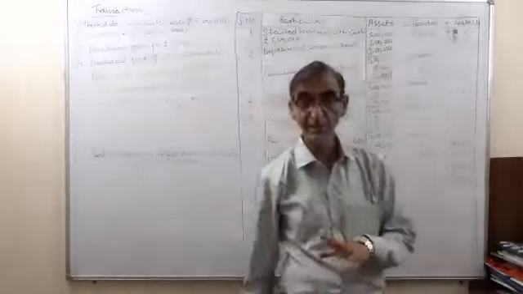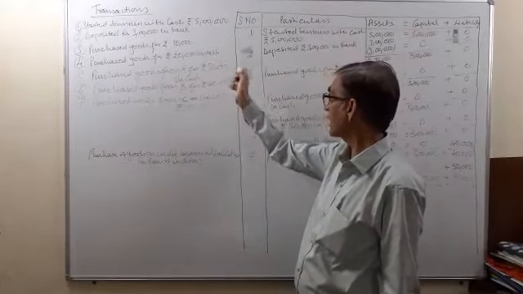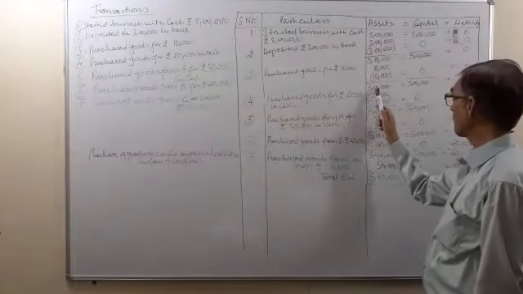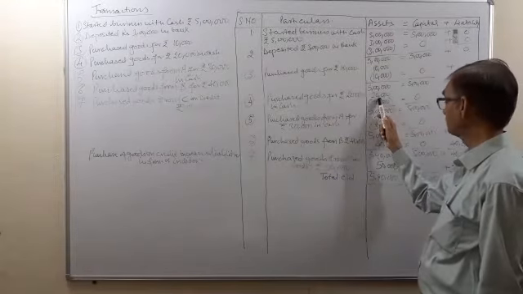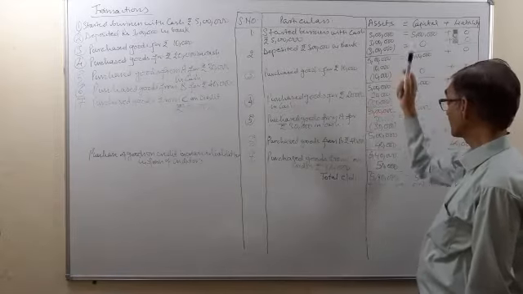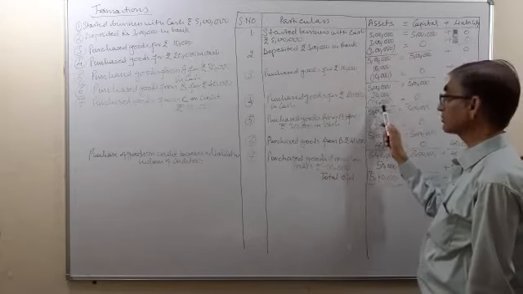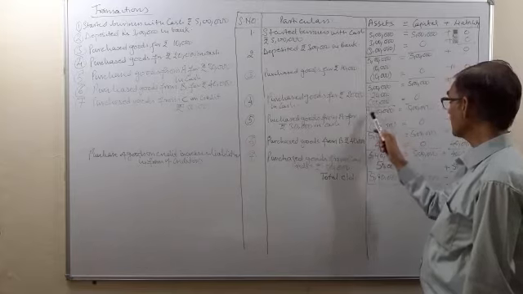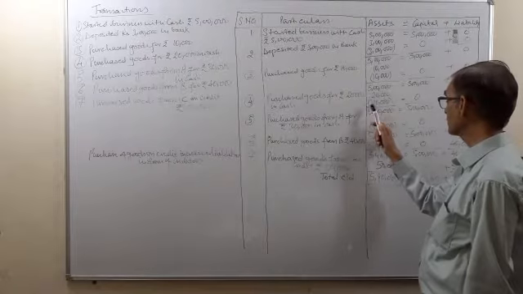Here it is clearly mentioned that the goods have been purchased for rupees 20,000 and that also in cash. It is a cash transaction. We will copy this transaction over here. 5 lakh was the amount of assets, 20,000 is the amount of goods purchased which will be added to the assets as stock, and 20,000 will be subtracted from the assets because the cash has been paid for these purchases. So the balance comes again 5 lakh. 5 lakh plus 20,000, 5 lakh 20,000 minus 20,000 is equal to 5 lakh.